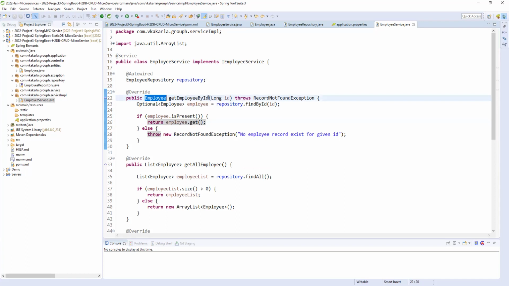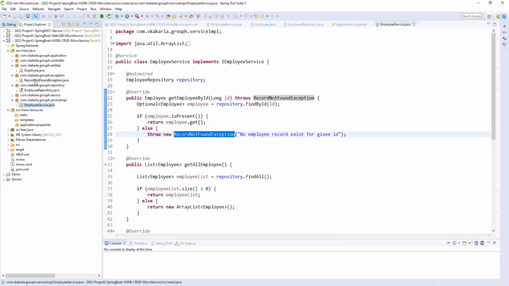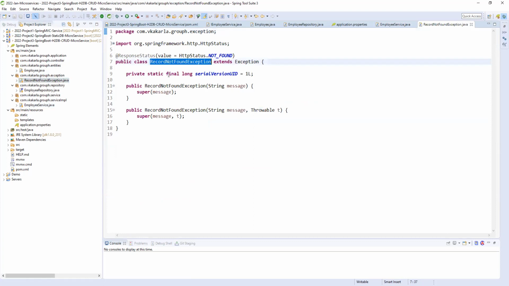If it is not present, if the database is empty, we can throw the ResourceNotFoundException, which is already created in our exception package. This is the ResourceNotFoundException, and this is the response status. We are passing the response status directly from this class, HttpStatus.NOT_FOUND, and it extends RuntimeException. Whenever you write a custom exception, it should extend one of the existing Java exception classes. Only then will the Spring container treat it as an exception, already handled, and we return not found from here.